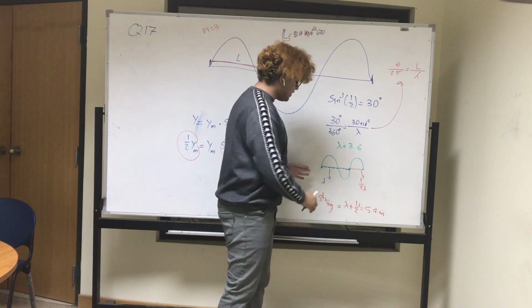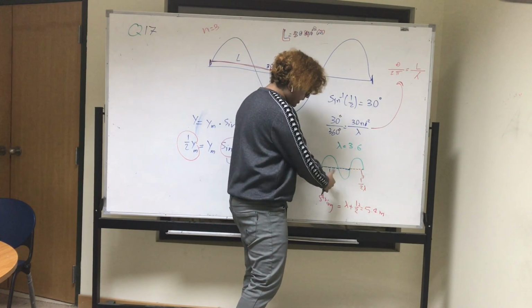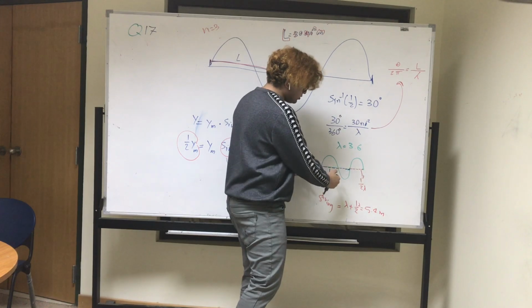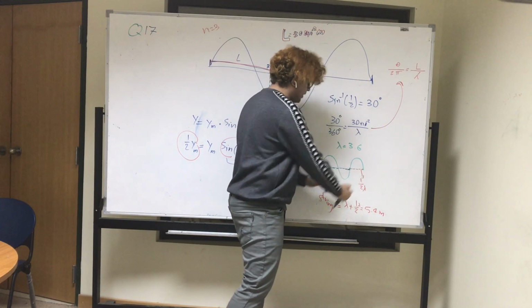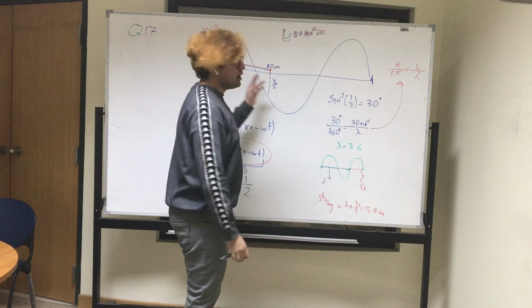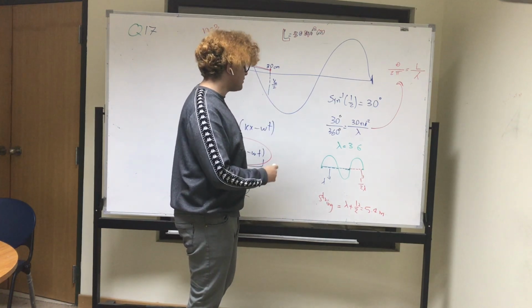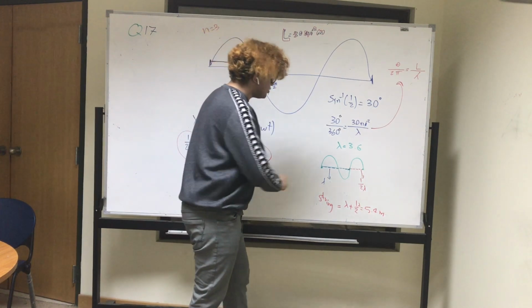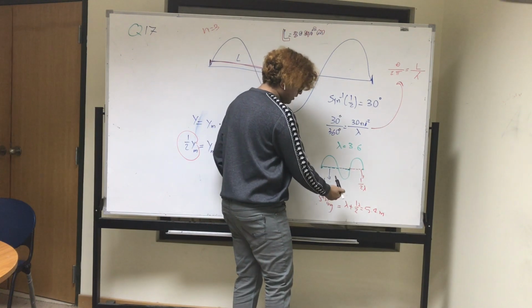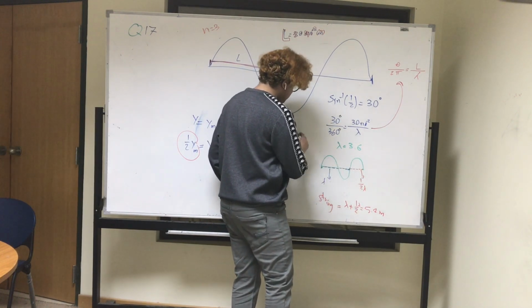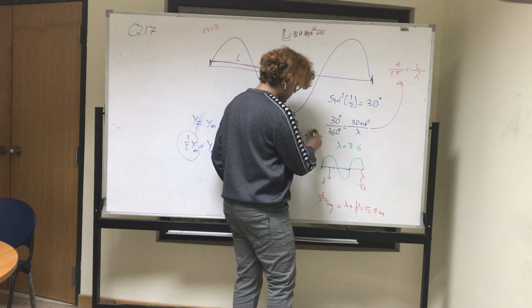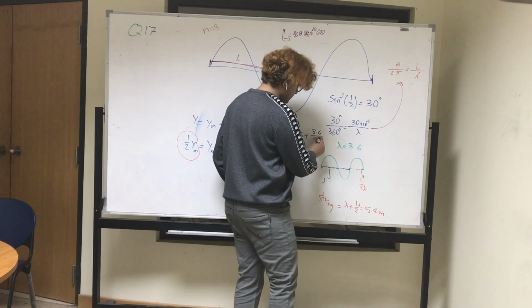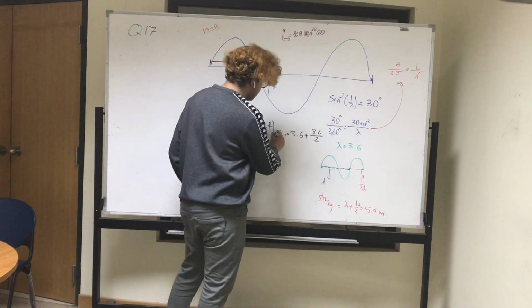And we already know that the length of the string is equal to 1 lambda plus 1/2 of lambda, because we know that we are in the third harmonic, as given in the question. So if lambda is this value, then we just add 3.6 plus 1/2 of 3.6, and that is going to be equal to 5.4,